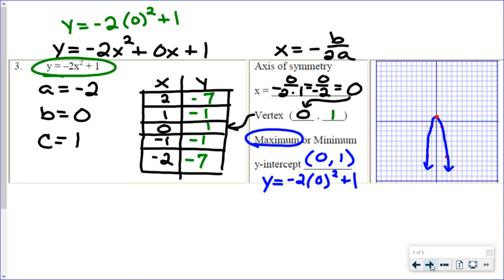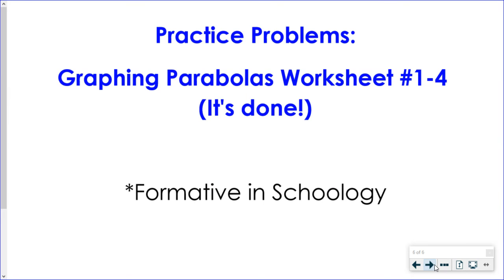Okay, so your homework today is to do only numbers 2 and number 4 on the worksheet. Only number 2 and number 4 on the worksheet. Check your answer in Schoology, and then go ahead and take the daily formative. Okay, it's not done for you, okay, but so it's not actually done. I want you to try the last 2 problems on your own, but please check it with the answer key